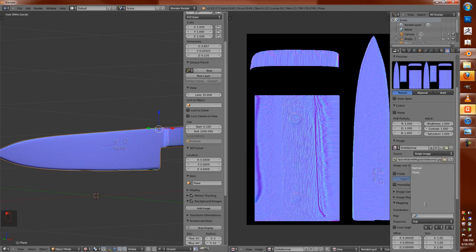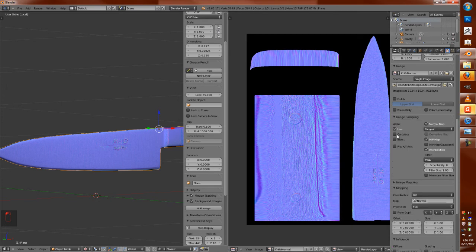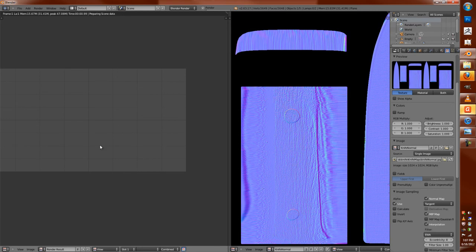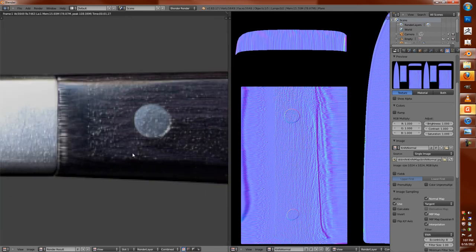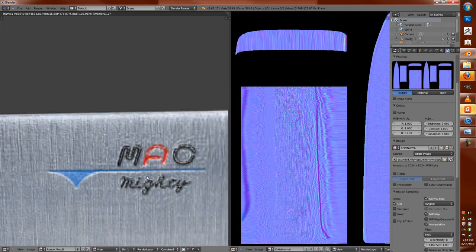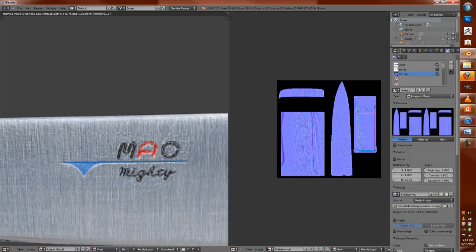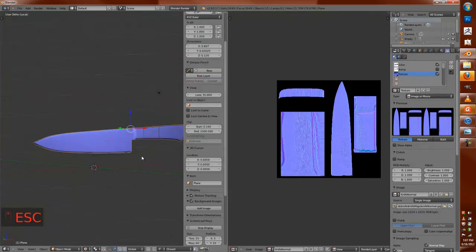Here's the important part. We want to assign it to the right UVs, turn off color, turn on normal, and under image sampling, check normal map. And if we render this puppy out, this is what we're looking at. And there's a lot that you would need to do to treat it and whatnot, but the goal of this was to explain